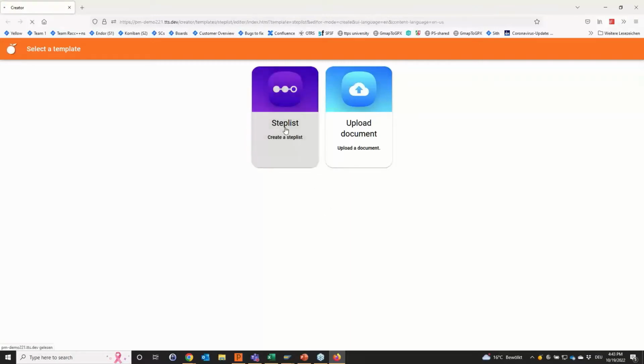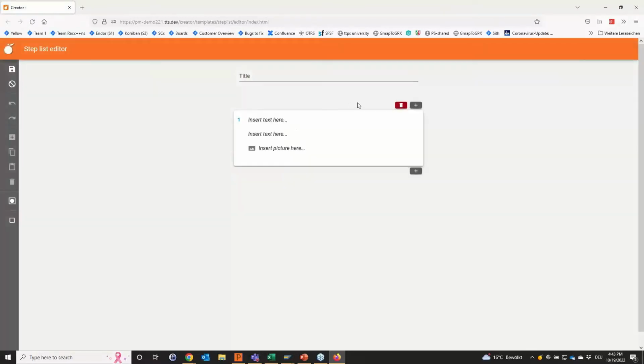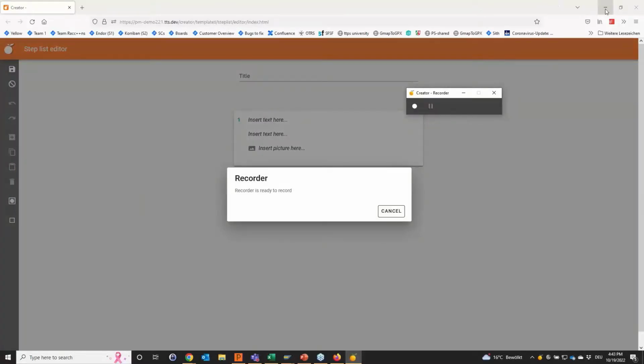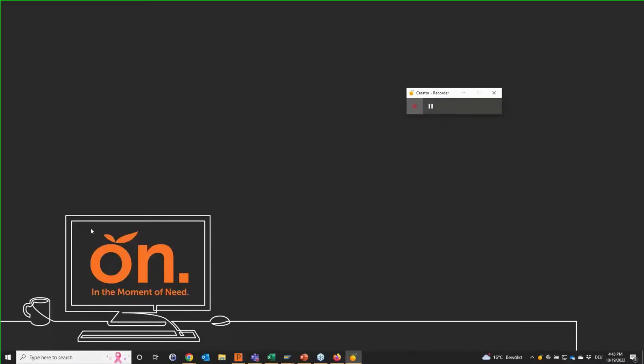Let's assume I'm an information security officer and I want to create a little recording about how to check if my firewall is activated and up to date within my Windows system. So I can now, after double clicking on the orange and choosing the step list, just start the recorder as we did before. I can prepare my screen, I can click on record, and afterwards I can go through my system